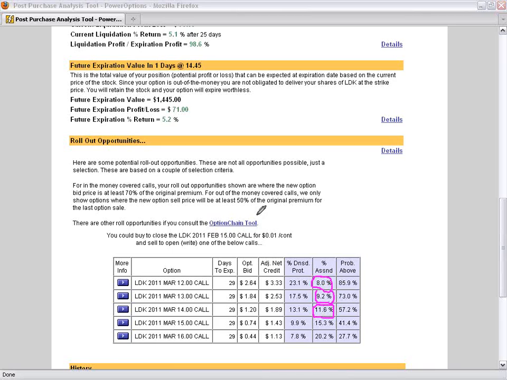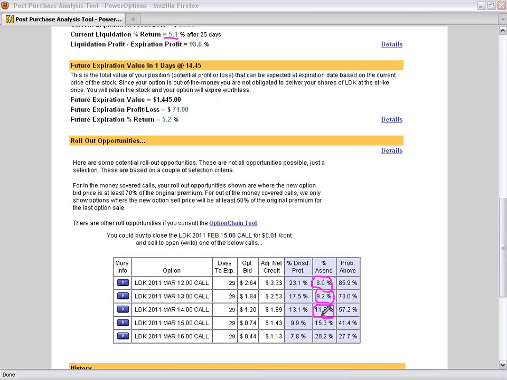And what I mean by that is that if my goal with doing any covered call position was to make 2.5% to 3% of my portfolio, we're roughly making 5% now at expiration. So what I have to make sure is that my new percent if assigned is at least 2.5% to 3% higher than what I have right now. Otherwise, it's not a reasonable trade for me, is it? For example, if I rolled to the March 12 call today or the day before, and it only had, let's say, a 5.7 or 5.8 potential return if assigned, that wouldn't make sense for my goals. It's only 0.6% more than what I'm making right now.